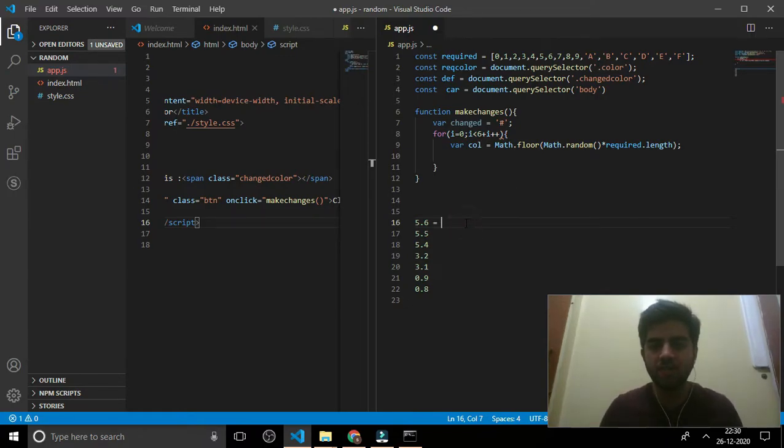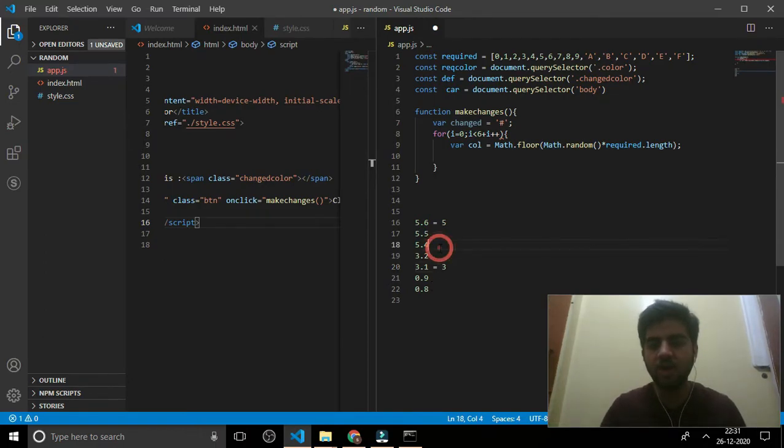Suppose you have 5.6 and you use math.floor, and if you console.log the data, you'll get the result as 5. Similarly, you have 3.1 as your data, and you are using math.floor, it will round the data into 3.